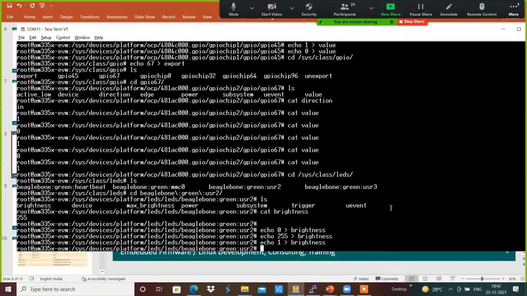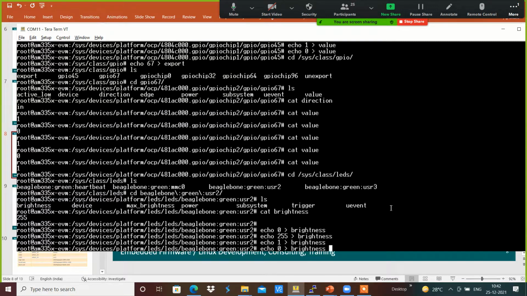For example, we are able to link the LED with respect to PWM, the pulse width modulation. In that case 0 to 255 will have the variation in the brightness, and in other cases, 0 means the LED will be switched off, and non-zero values make that LED glow accordingly.